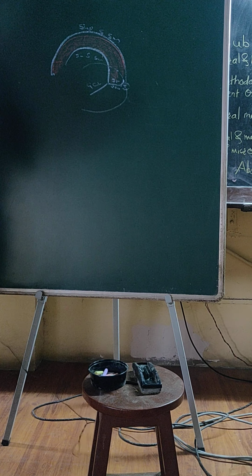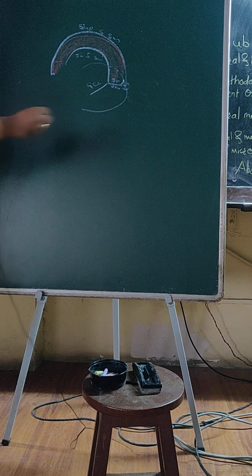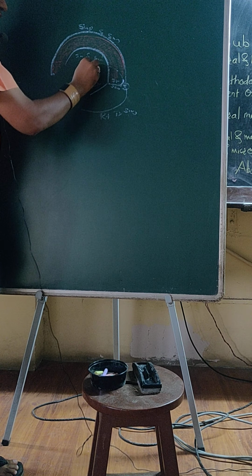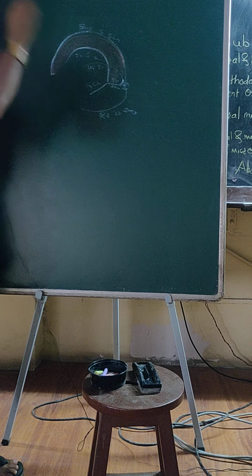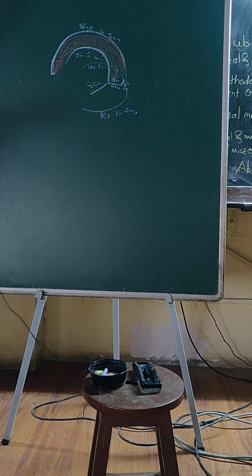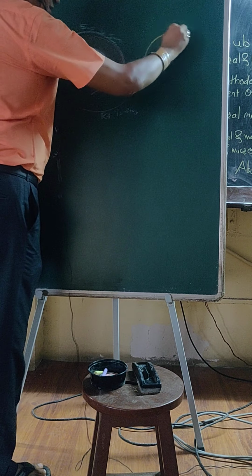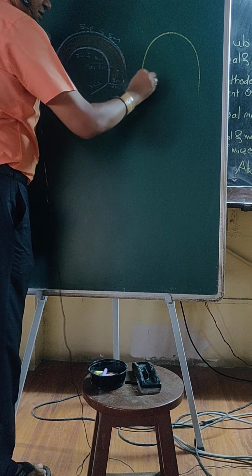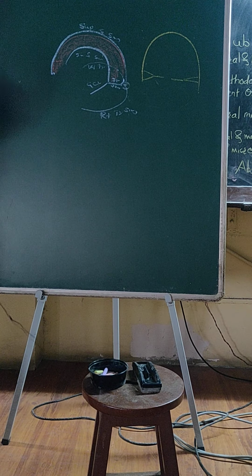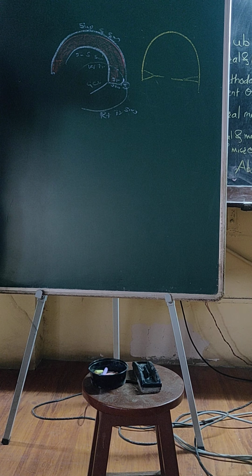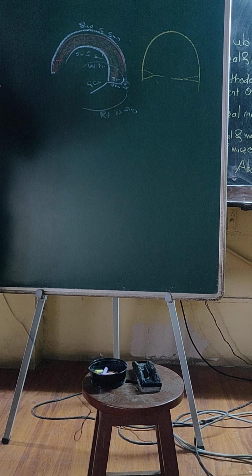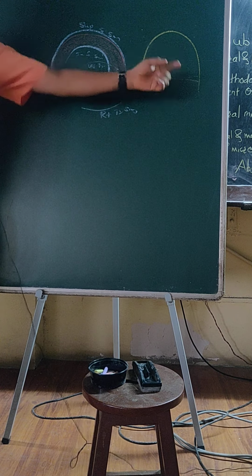The superior sagittal sinus comes like this and turns to the right as the right transverse sinus, and this straight sinus becomes the left transverse sinus. So where is the transverse sinus located? For that coronal section I had drawn, suppose this is the skull, the transverse sinus is located along the attachment of the tentorium cerebelli. Where the tentorium cerebelli gets attached, there is the transverse sinus.